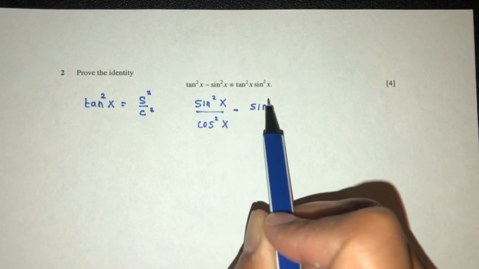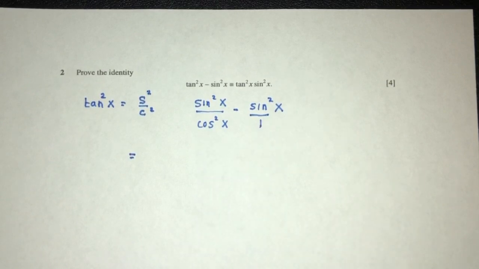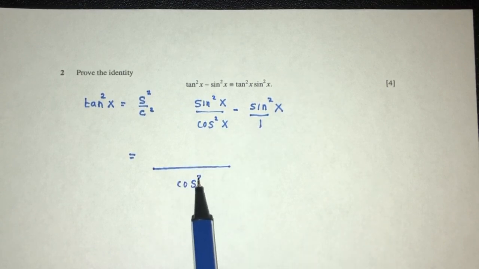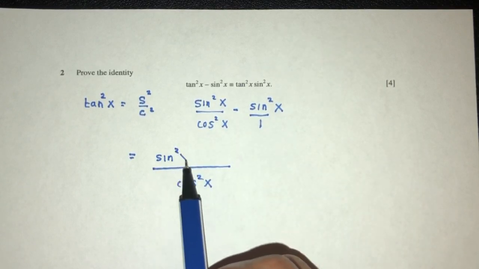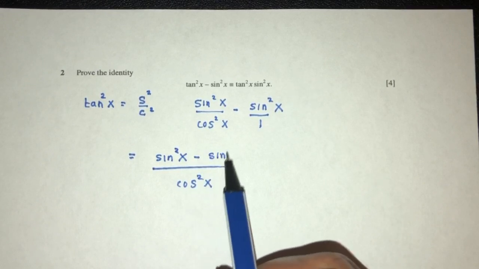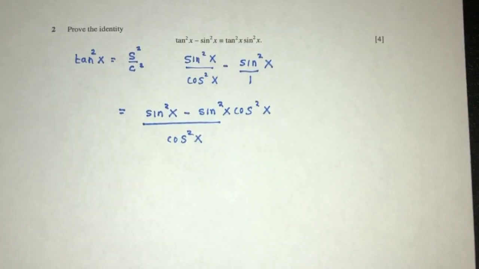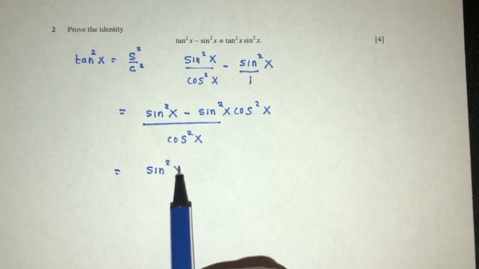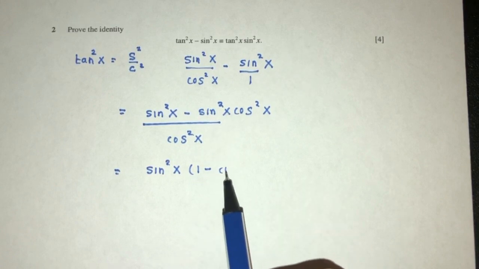minus sine square x. Now to simplify, obviously we have different bases here. We can make them become the same base by taking the LCM, which means we can just multiply them by each other. So 1 times cos square x is cos square x. Then we just have to cross multiply. You will have sine square x minus sine square x and cos square x. So now moving on, we can simplify. We can factorize sine square x outside. You will have 1 minus the value of cos square x